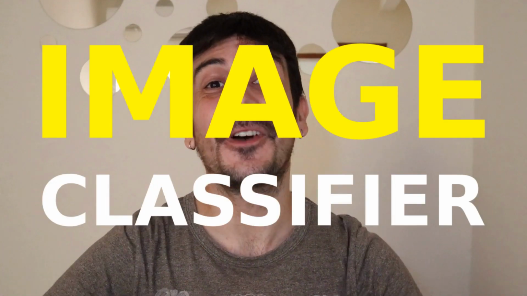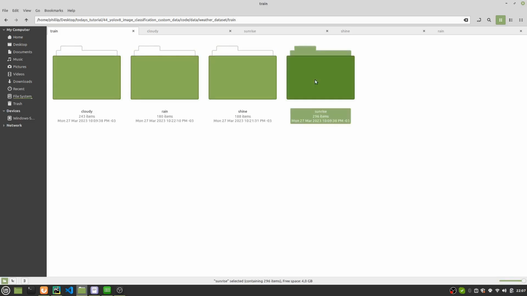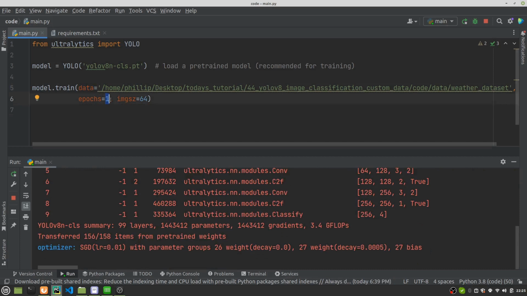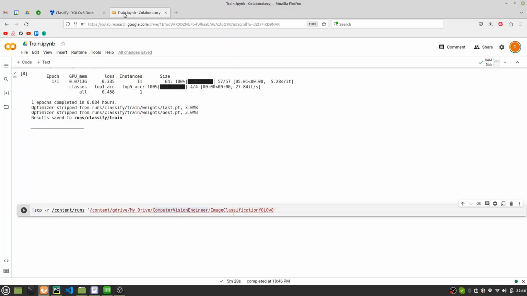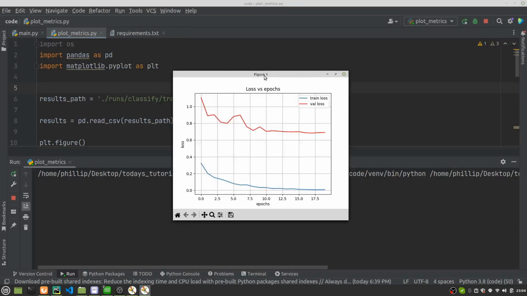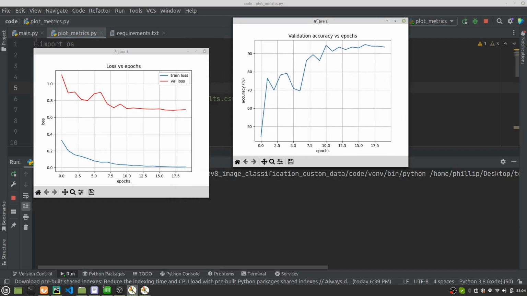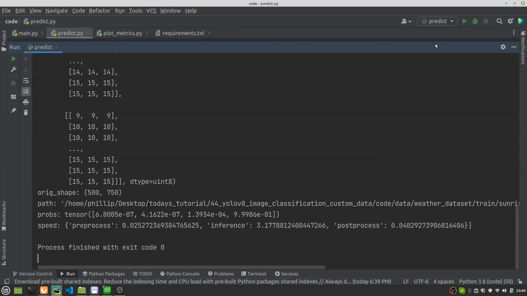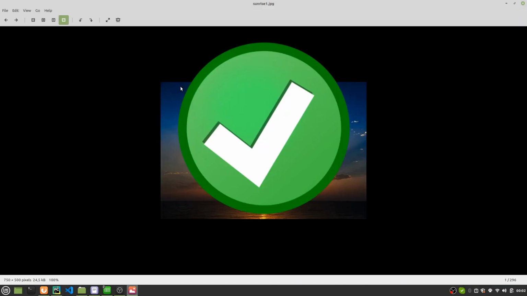In this video I'm going to show you how to make an image classifier using YOLO V8 on your own custom data. I'm going to show you every single step of this process, from how to organize the data so it complies with YOLO V8, how to do the training in your local computer, and also from a Google Colab, how to validate the performance of the model you train, and finally how to take the image classifier in order to make new predictions. I'm going to show you the entire process. This is going to be an amazing tutorial, and now let's get started.